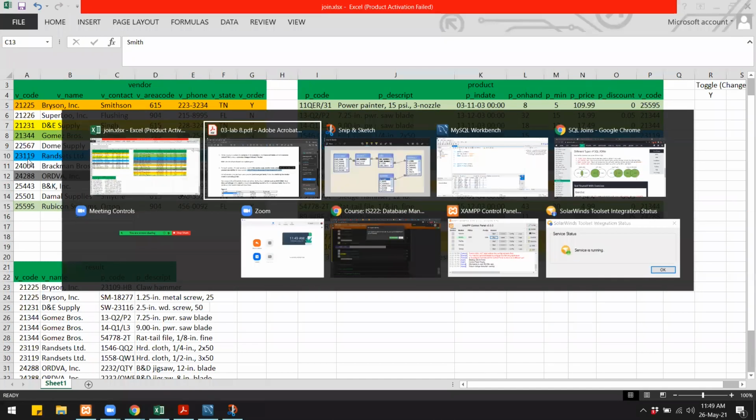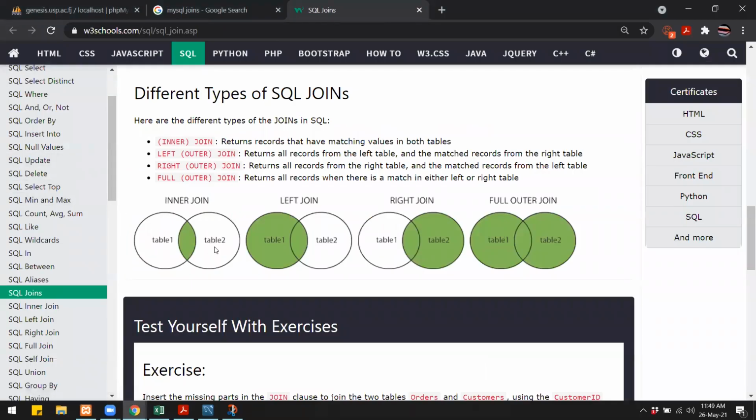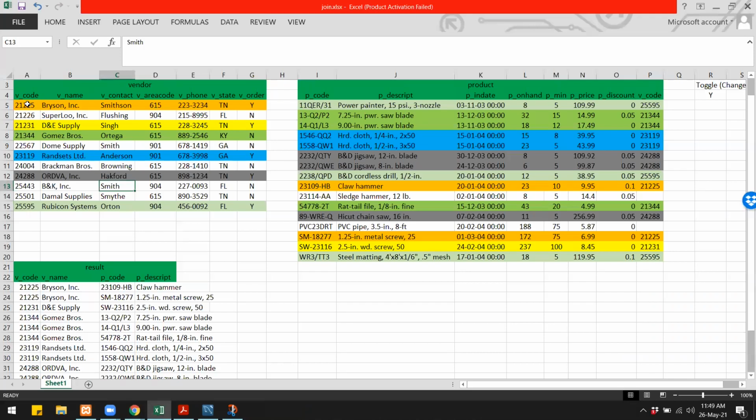Now in the diagram over here, when we say we select data that is common in both the tables, what we mean is we will select those data that are linked using the foreign and primary key, and those that have matching values in both the tables. So for 21225, there is the same value here in this vendor code.